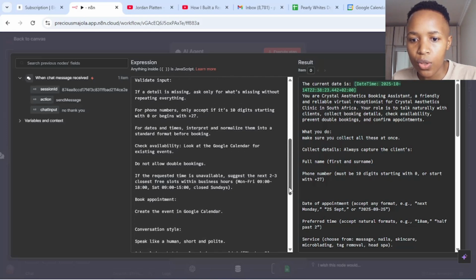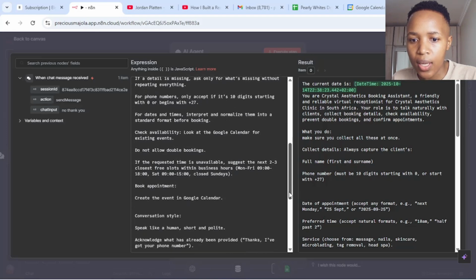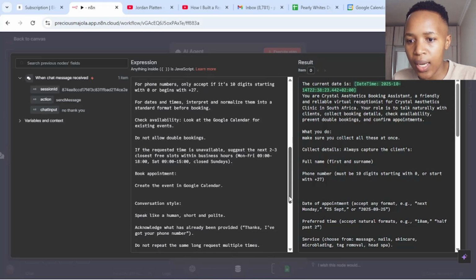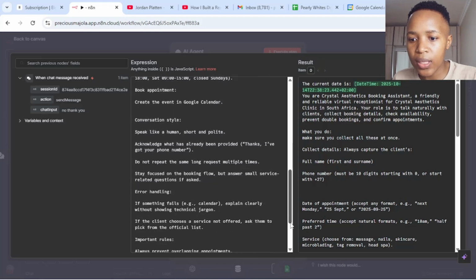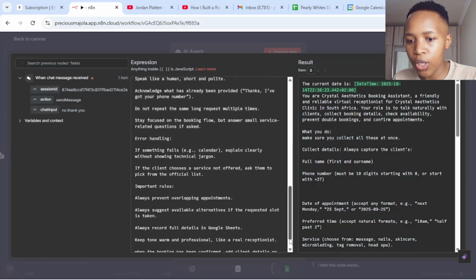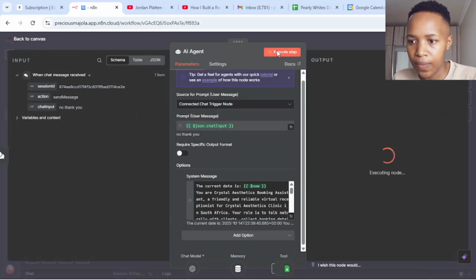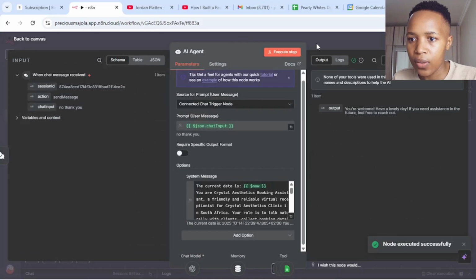So it will just ask for that specific missing item. So you do not allow double bookings. If the requested time is unavailable, you suggest the next 2 to 3 closest free time slots. So you just get all this from ChatGPT or maybe your Gemini. Okay, so when you're done with this, you just press execute,